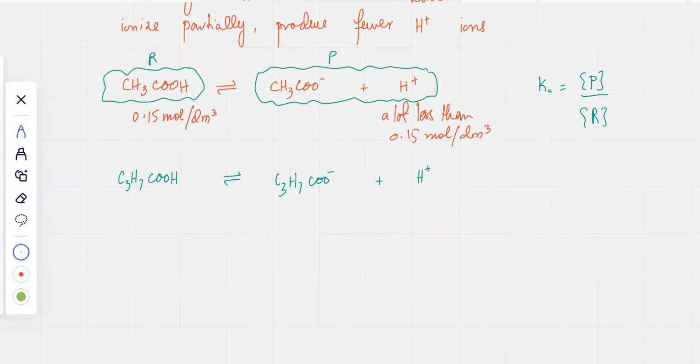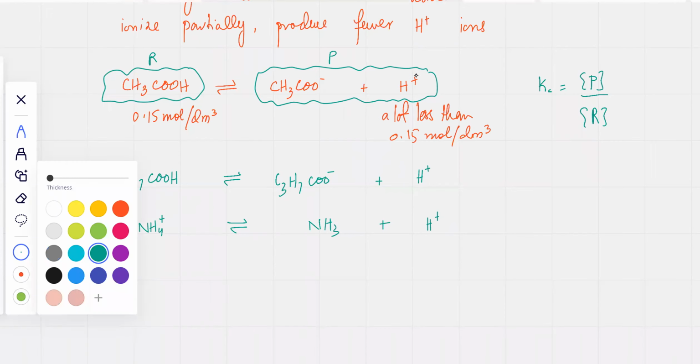An acid is anything that's capable of producing H+ ions when it breaks down or ionizes. So I've got NH4+. It's going to turn into NH3 and H+. Now, one thing you'll notice is that all acids dissociate in kind of the same way. There's always an acid and it breaks down to produce some ion plus H+. So we can have a general equation for acids, and that general equation can look something like this,